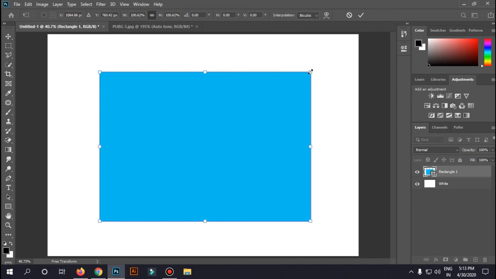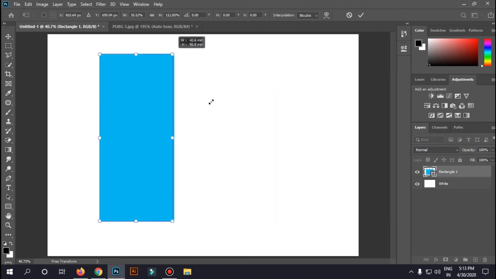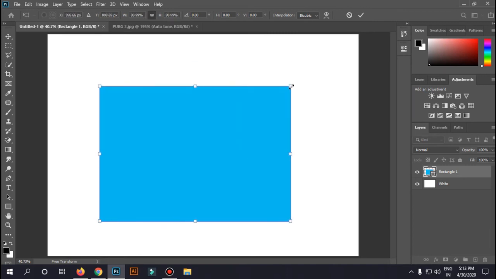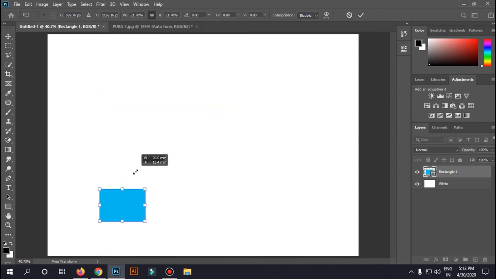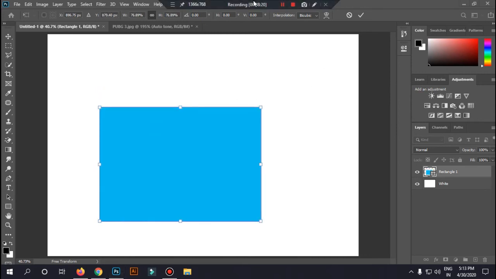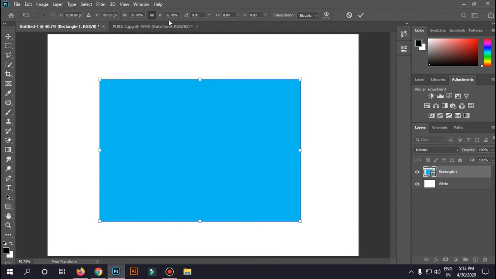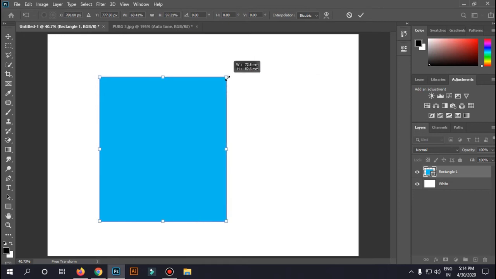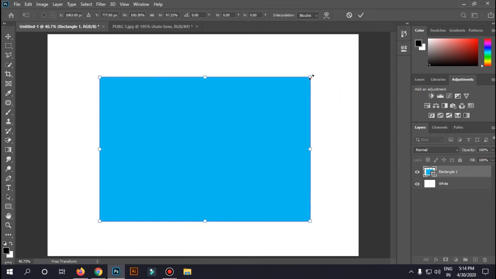If you hold shift and resize it, it keeps the proportions. If you leave shift and resize, it resizes freely. If you press this lock or chain icon here, it's called maintain aspect ratio. Now you don't need shift.